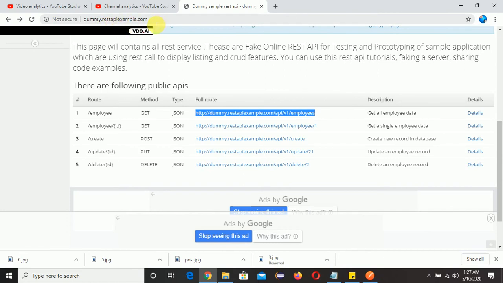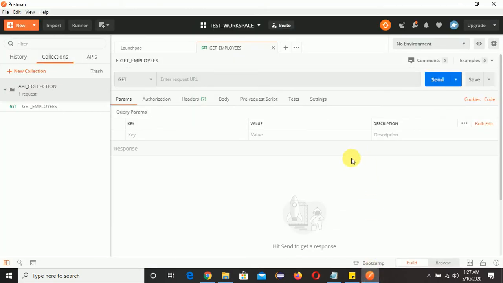The main motto of this website is to provide free APIs. We can use all the API methods without any authentication. So I will take this API, copy this whole URL, go to the Postman tool, paste it here and click on the send button.